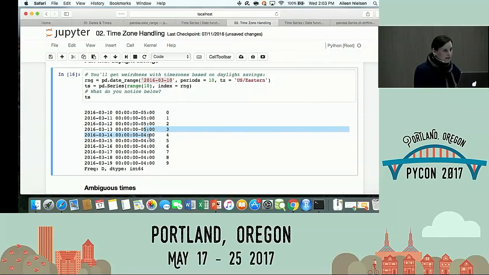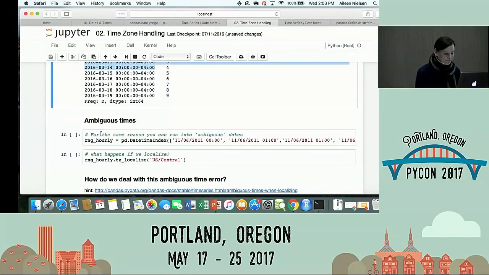But what do you notice? Did it really give me daily? Or did it? Because it went from 5 to 4. So in what sense is that daily? 24 hours later is one way to think about it, and another way of expressing that is UTC, right? So whenever you're not sure what it would do, think, well, what would it be in UTC? What would it be in a non-dysfunctional time zone? And that's what it's also preserving. So those are the two ways of thinking about it, and they're both consistent.